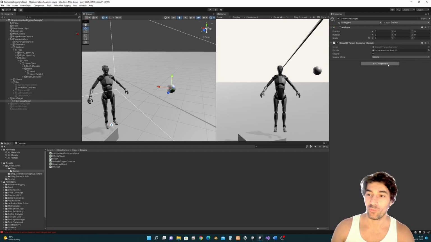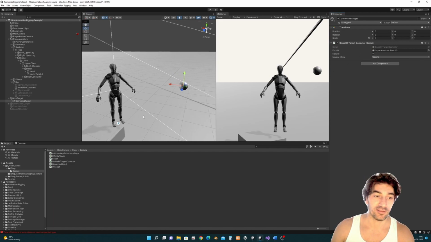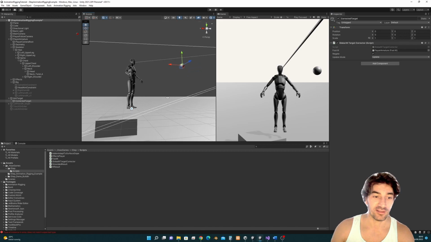So in here, we added this global IK target corrector. We set the foot IK as the target, so this can be drag and dropped in here. The update method is update. You can use other update methods as well if you see fit for your own custom IK solution. And we also negated it. The reason why we negated it is because